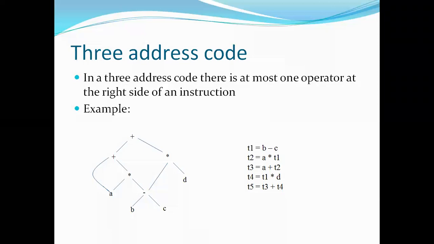Here we are having such types of questions. For answering such questions, here we have an answer with the concept of learning a three address code. What is a three address code? How to represent an intermediate language with a three address code? Why are we using this T1, T2, T3, T4, T5? What are the names of those, right? And here we have the answers for all those questions just by learning the concept of three address code. It will be clear to you all why to learn this three address code, what the representation of this three address code is, and why it is useful in an intermediate language.